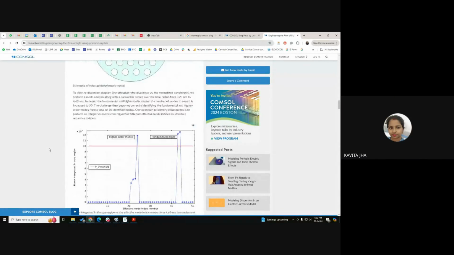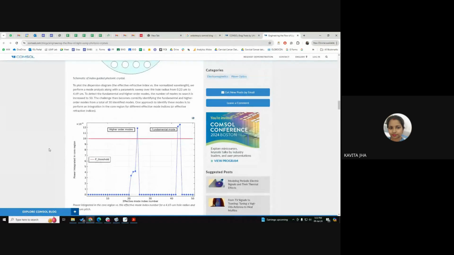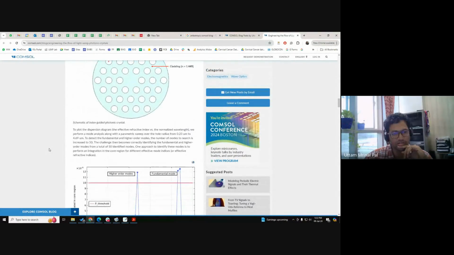If I say that only five modes are propagating inside the fiber, let's say, then out of these five, will all five pass through the core or the cladding? See, what will happen is, that's what. If you see my screen, okay,